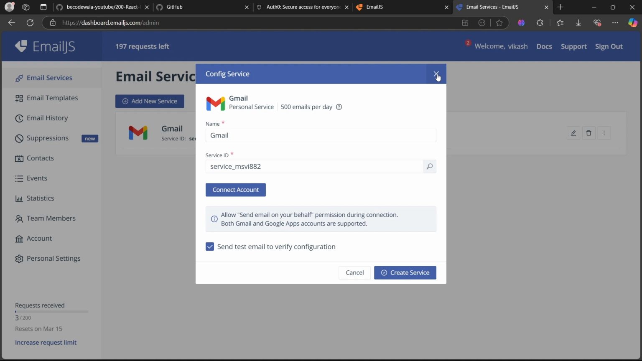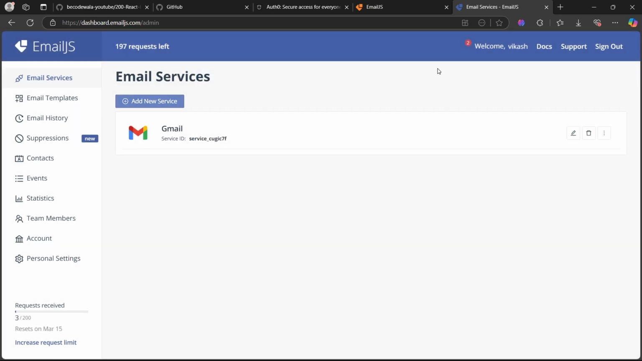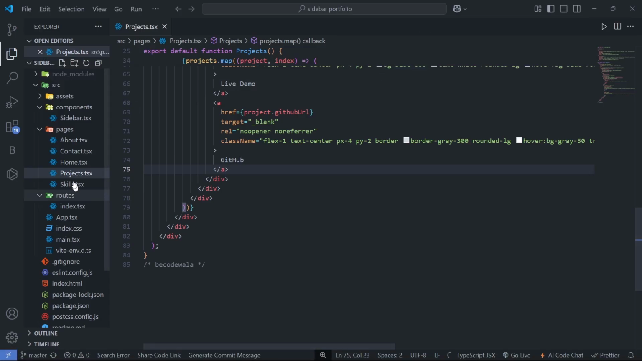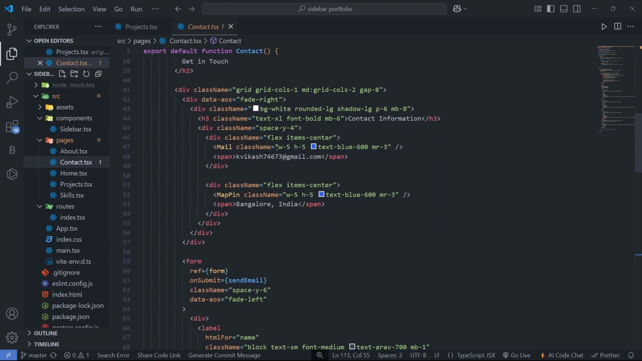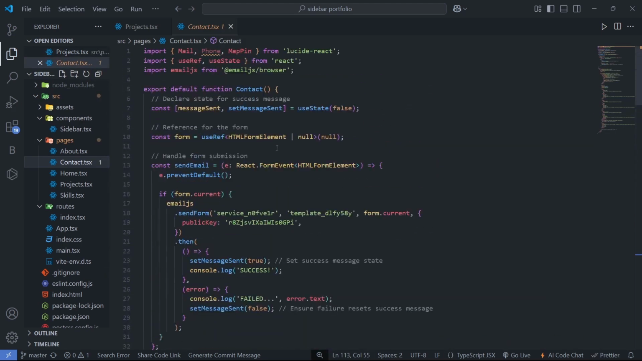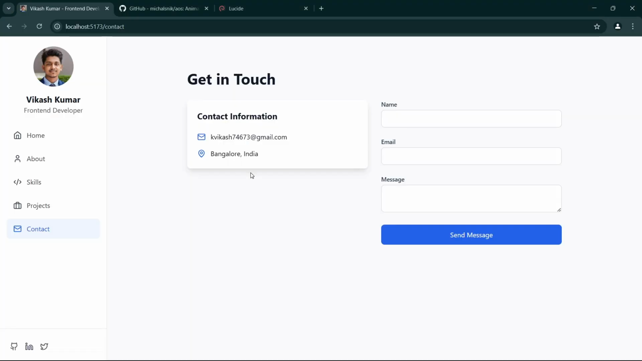Then when you create a service, we have this ID also. This is a service ID. This service ID we are going to use in the project. In the contact section we have a service ID, so we have a service ID here. This is the service ID for sendForm. So here we have to first write the service ID, then